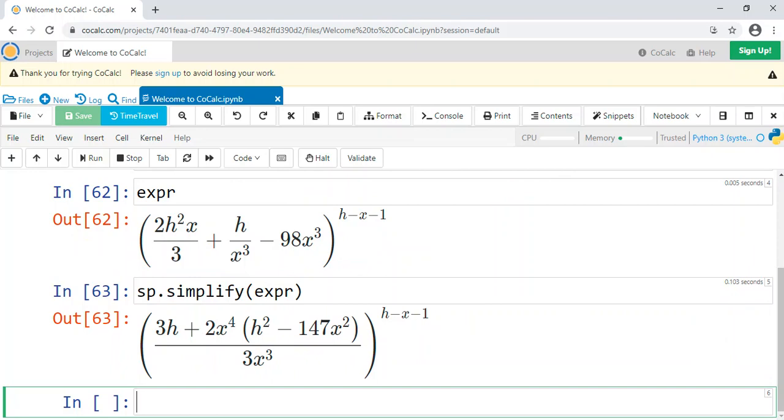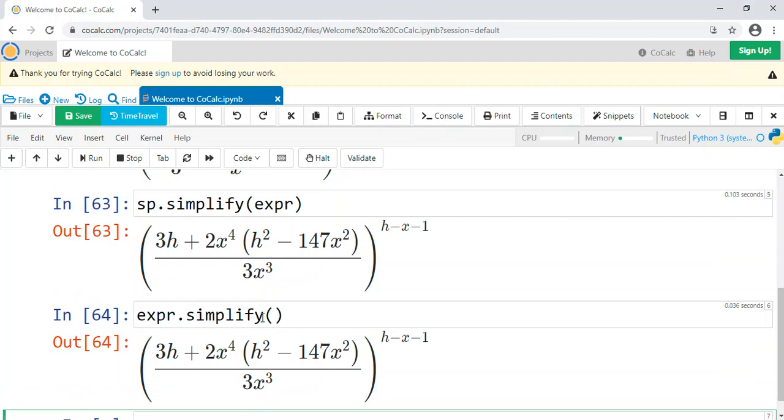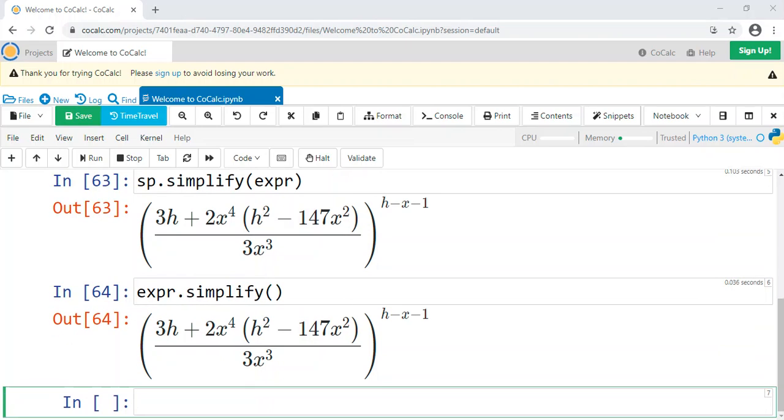Here you don't really have that level of control over simplification. It's just going to do what it thinks is best. And you can also, as before, do expr.simplify. It should give you the same thing, and it does.